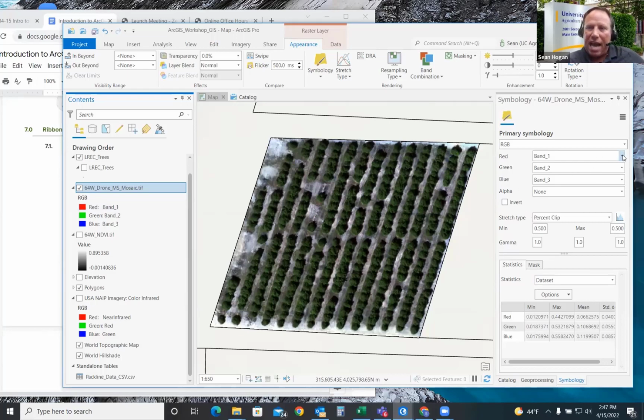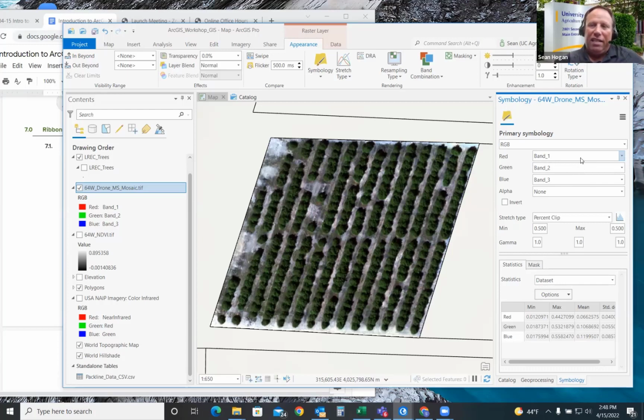The way we can see that is if we click on the drop down on the symbology on the right, you can see there's 5 band options. We briefly saw this earlier when I had you double click it and you looked inside of the layer and saw the 5 bands before we loaded it. Instead, we loaded it in as 1. But we do have different ways of displaying this.